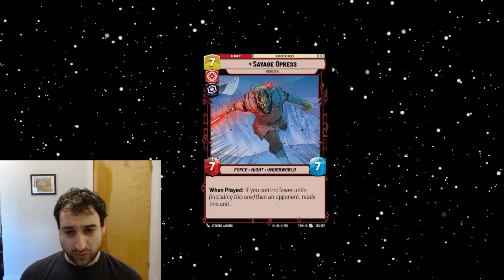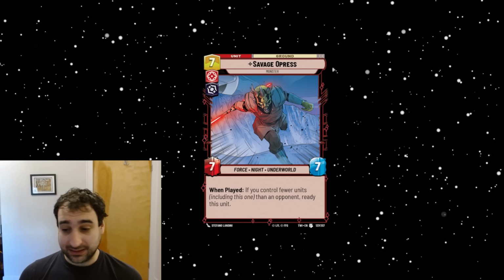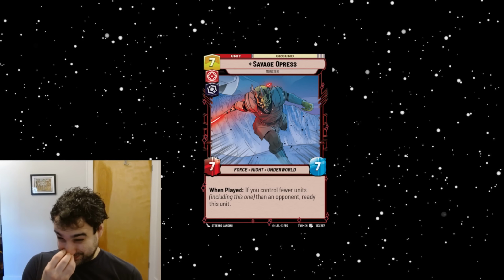I'm sure there's a few more. The barrier there is pretty high for a unit that potentially is just coming into play and doing nothing. Now, obviously, you see the synergy here with Maul. It's not like mega synergy, but a 7/7 overwhelm that comes into play ready sounds exciting, but this effect